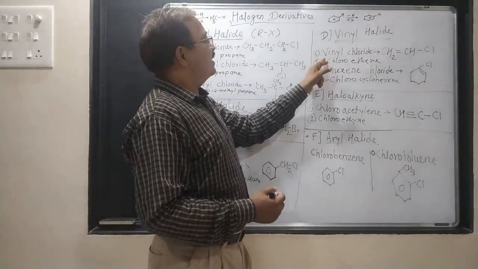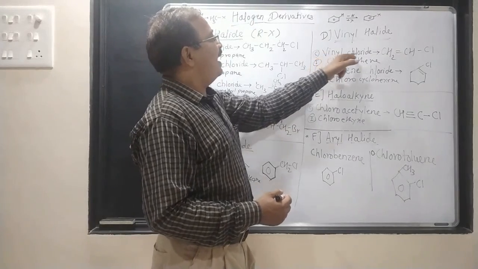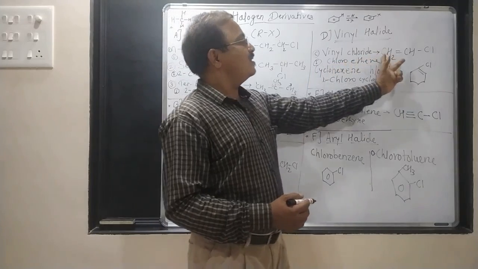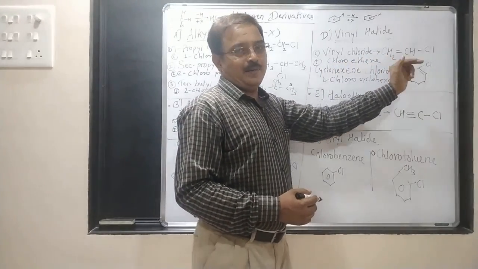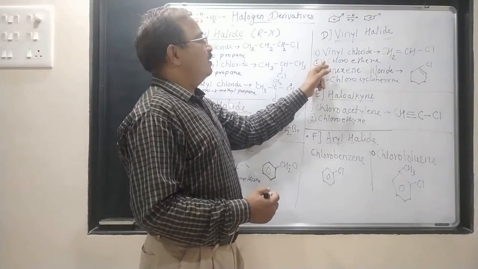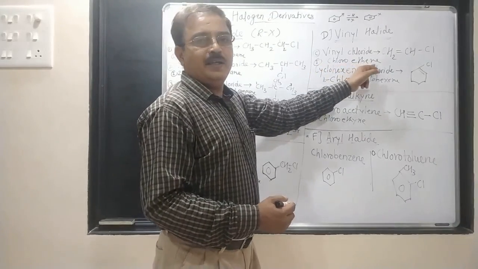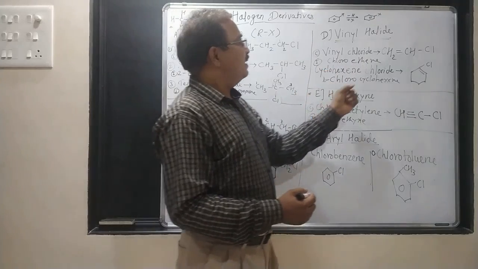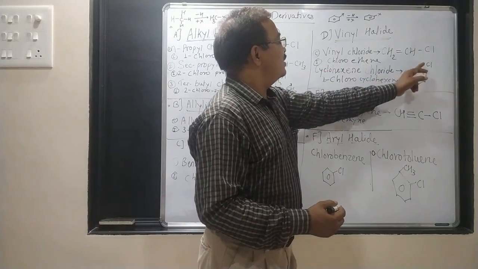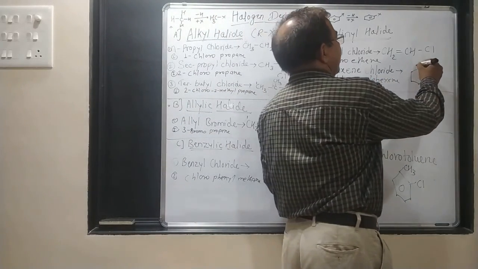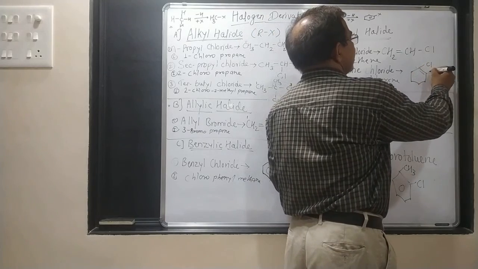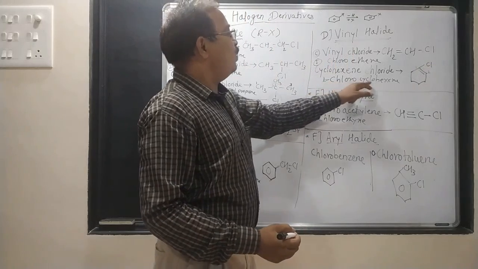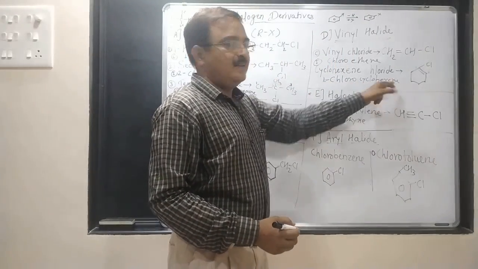Okay, take an example: the IUPAC name of vinyl chloride. The IUPAC name is chloroethene, because this contains only 2 carbon atoms. Now another example is taken in which the halogen is attached to the first carbon atom, and here is a second one. So that IUPAC name will be 1-chlorocyclohexene.